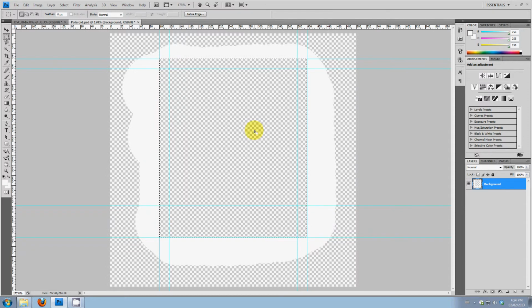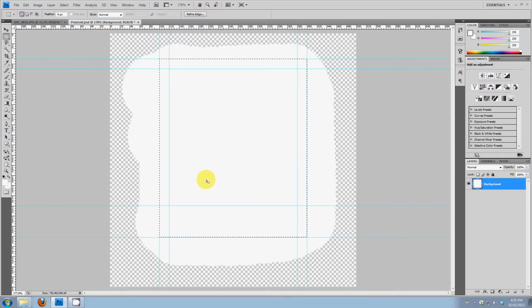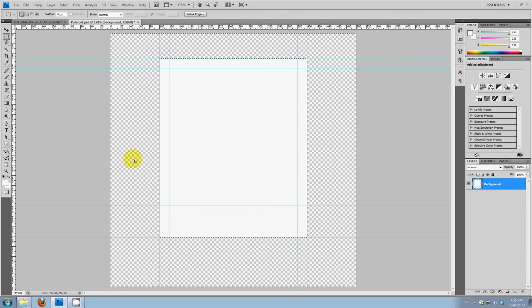If I deleted that, it would delete the opposite of what I'm trying to get. All I'm trying to do is get this rectangle to be white inside, and in this case it's white on the outside. So I'm going to undo that. What I want to do is select the inverse of this. So if you go up to Select, Inverse, now you can see it added another dotted line on the edge. So this outside edge is selected, and then I can delete that, and that's exactly what we want. I'm going to press Ctrl D to get rid of my selection,